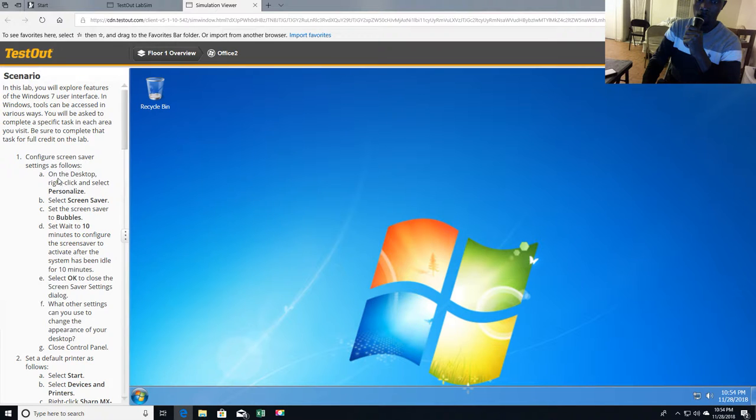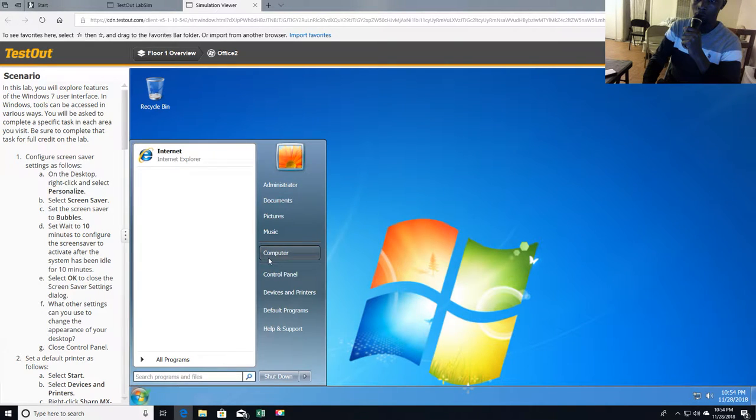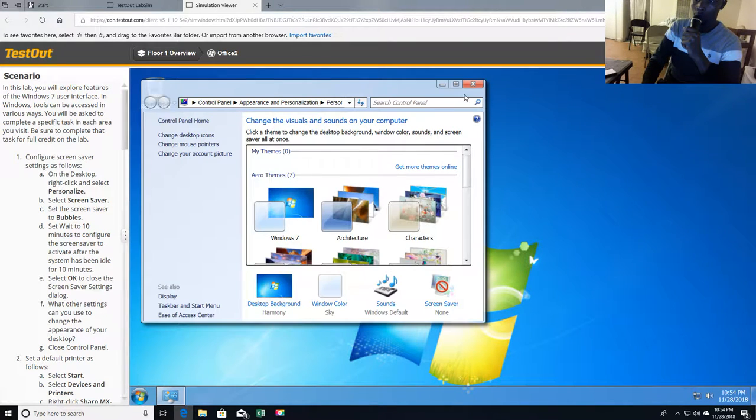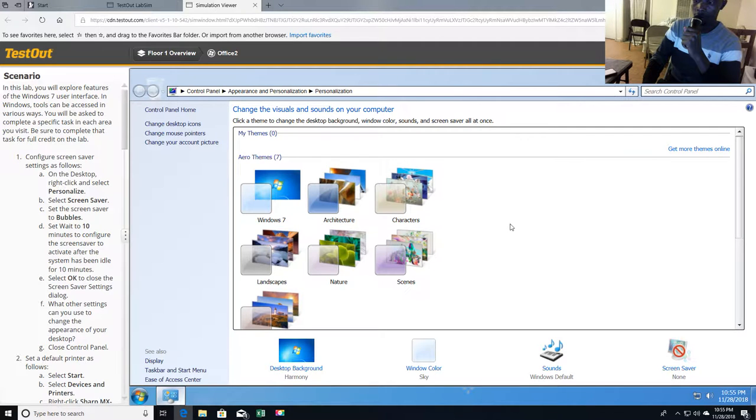In this scenario, we're going to first of all configure the screensaver settings as follows. So as you can see, this is the Windows 7 interface. So to configure the screensaver, I'll go ahead and right click, personalize. So let me maximize so that we see what we are doing. Click on screensaver